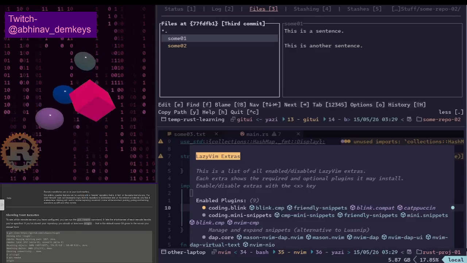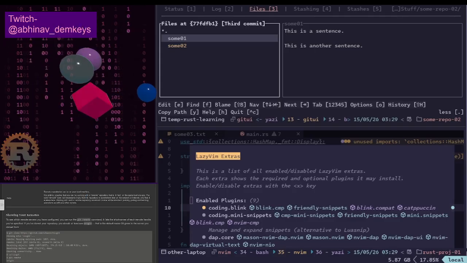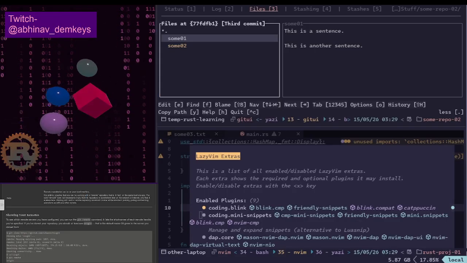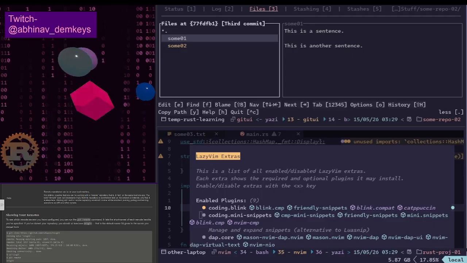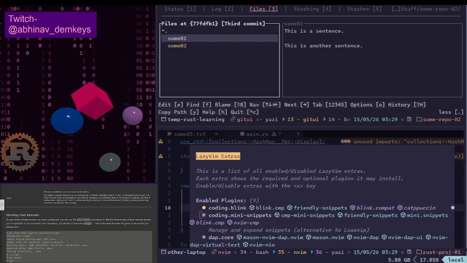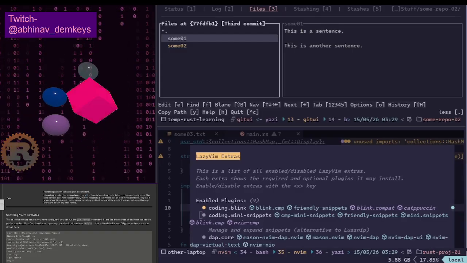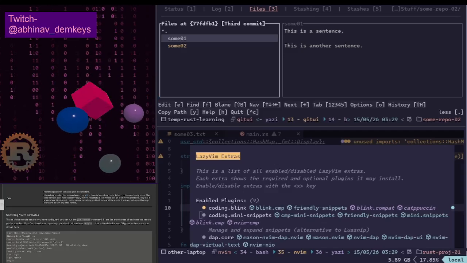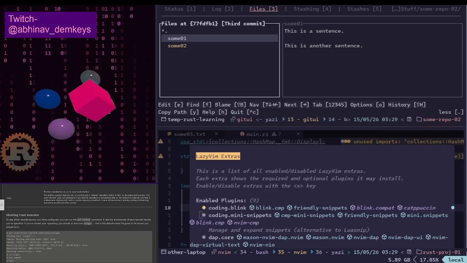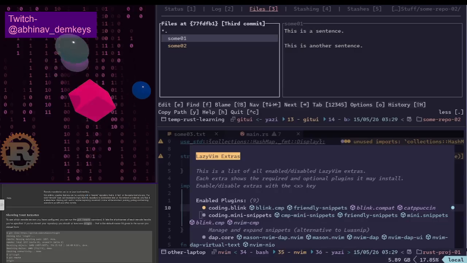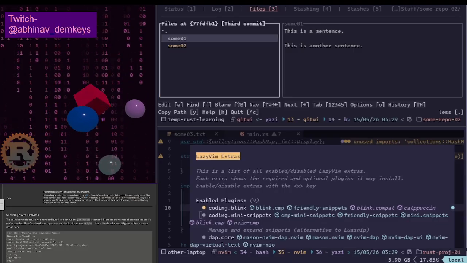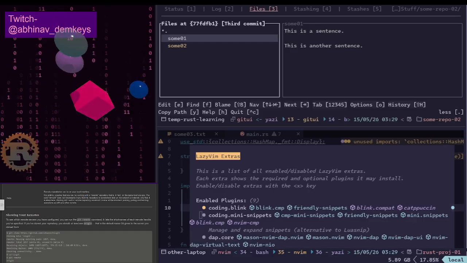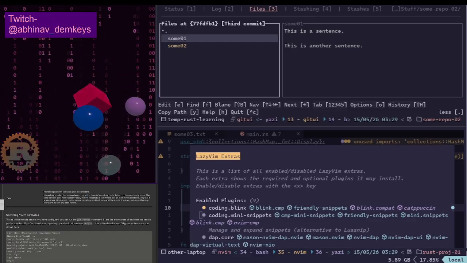So for something like, I don't know, coding.mini-snippets. If you look at the remaining names in that line, there's CMP mini snippets. That's another plugin, from my understanding. There's friendly snippets. That's another plugin. Then there's mini.snippets. That's another plugin. And then there's Blink and nvim-cmp. These are also other plugins. All of these together are required for this feature. The feature is called coding.mini-snippets. And in this case,